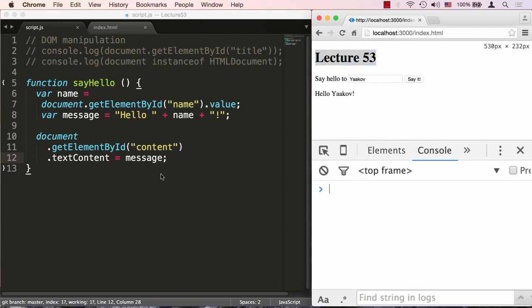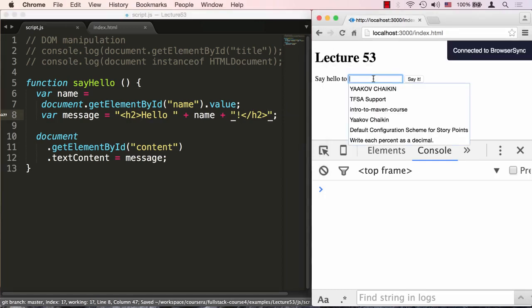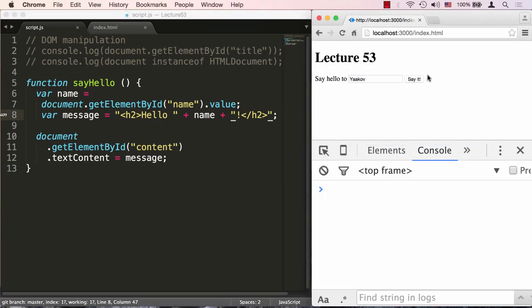Let's go back to the console, and let's just augment this with an H2 and we'll close H2 right here to make it into a string. Okay, so now if we save that, let's say again Yaakov, and we'll click say it. Not quite what we wanted, right? H2 thinks, or at least the browser thinks, that this H2 is just text, not really something that the browser